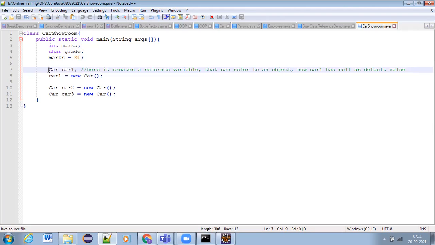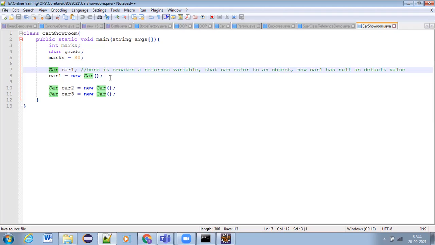Here we are just creating a reference variable of car type. So that means now the car class we are using as a data type, similar to any other data types that we have, int, char, float, double, to create the variables. How we are using those data types, similarly this car also we are using.